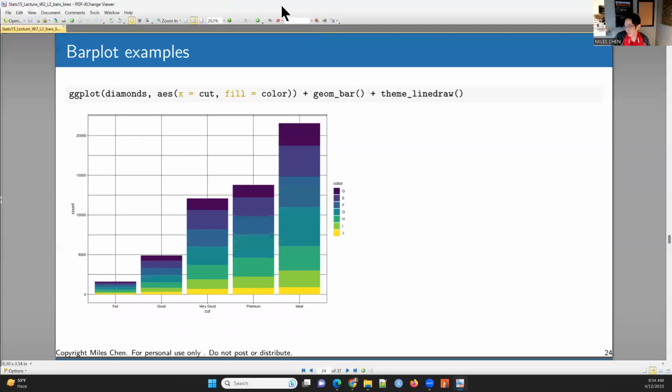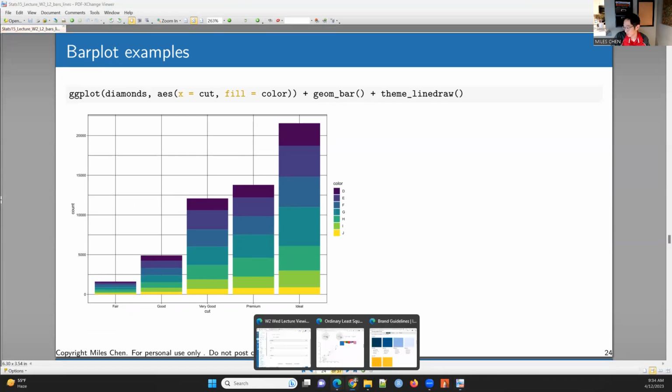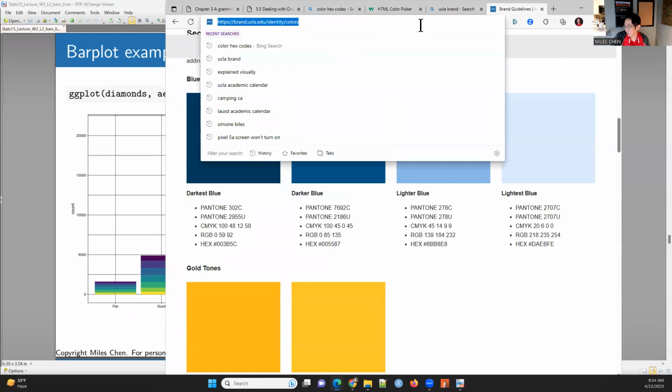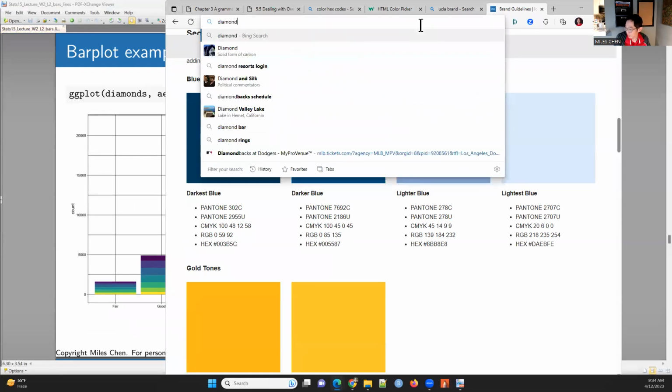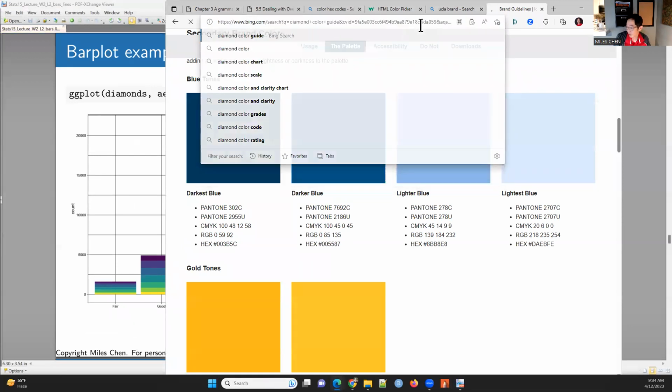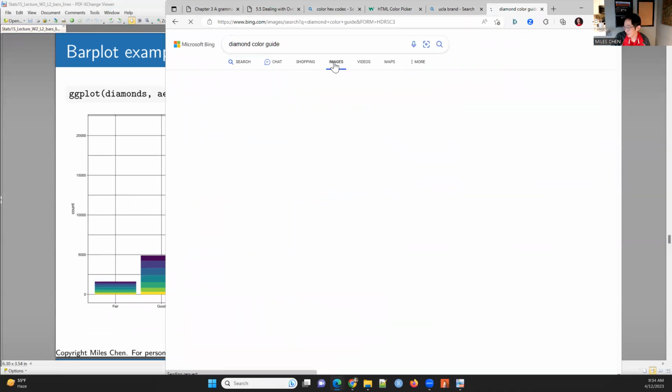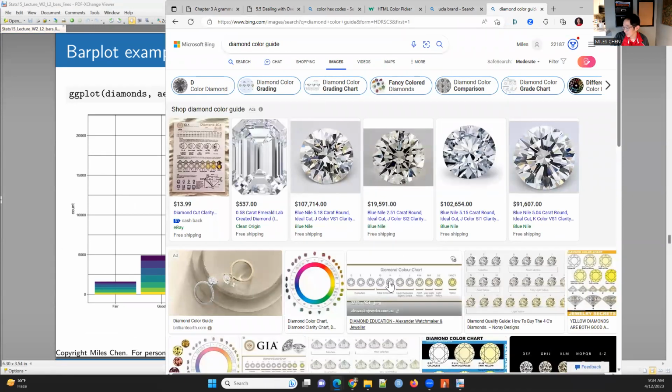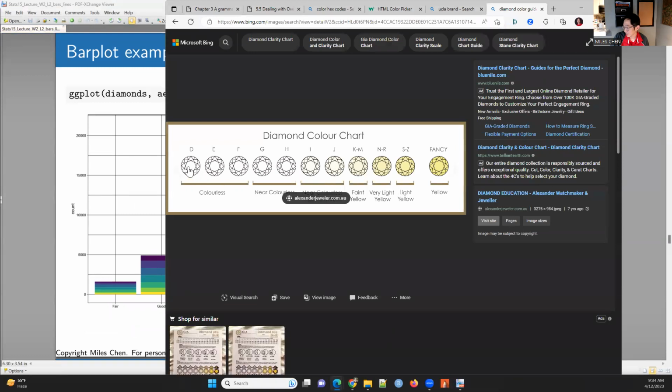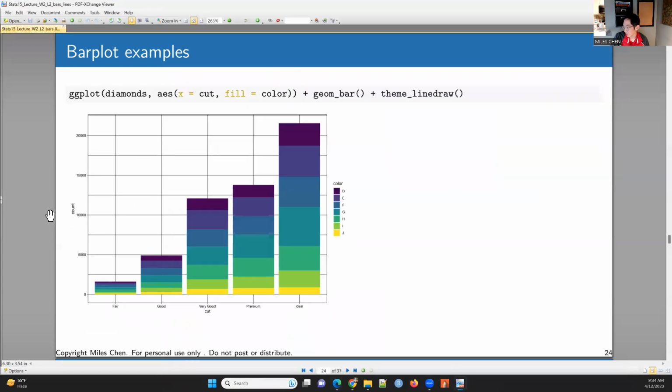I don't know. Let's see. I'm just curious. I was watching some baseball highlights. All right. So, diamond color guide. Let's take a look. Okay, diamond color chart. So colorless is D, E, F, and as you get lower ratings, you get yellowish diamonds, which I guess are less desirable. So anyway, this breaks down